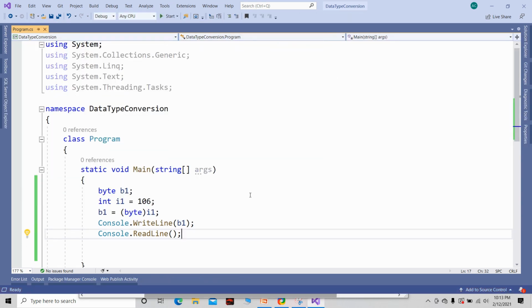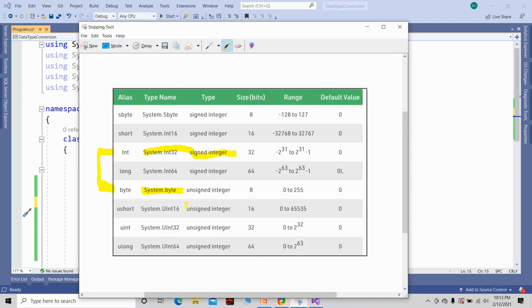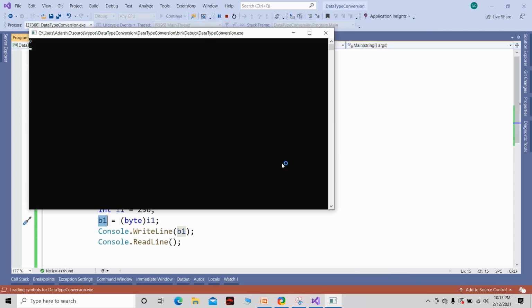Now let's see what happens if I try to copy 256 to a byte data type. As we already know, byte can hold up to 255 value only. Now let's run and see.